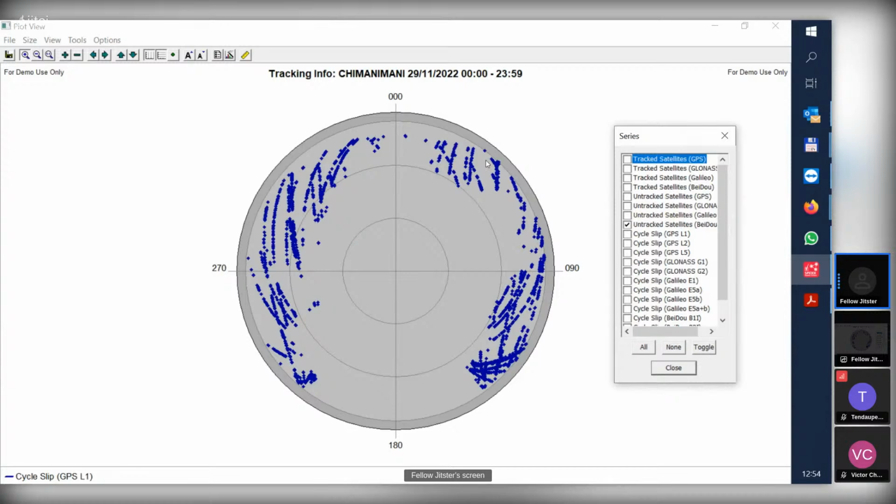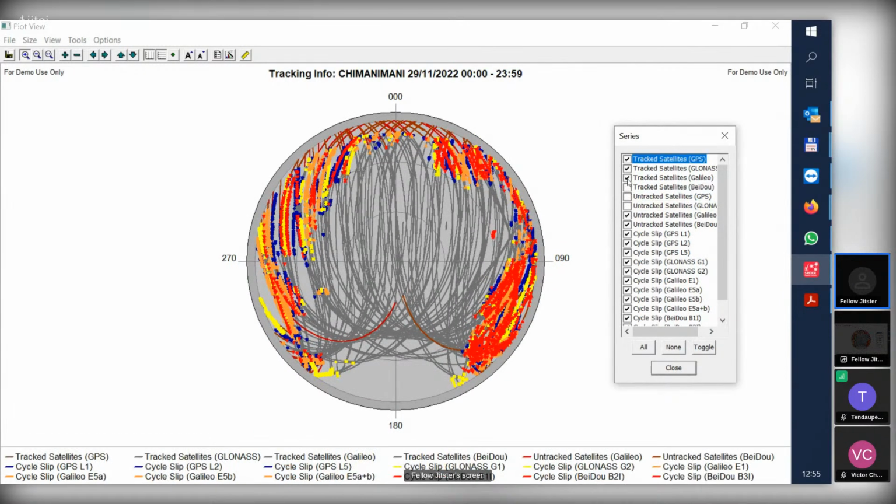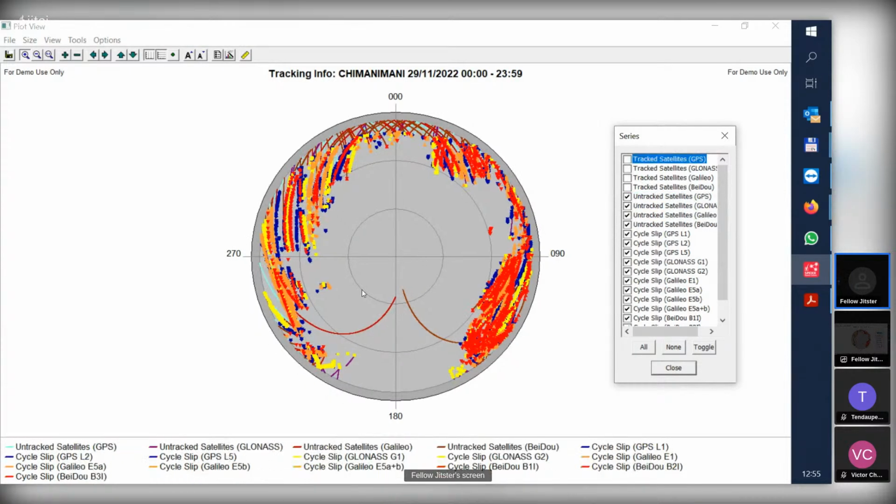So these circles, this is the 90 degrees of Earth, this is the zenith, this is the horizon, this is 60 degrees, 30 degrees elevation, this is 60 degrees, and this is 90 degrees. So if I go once again to this cycle slips, I will select cycle slip and untracked. So we can see basically that all satellite systems are